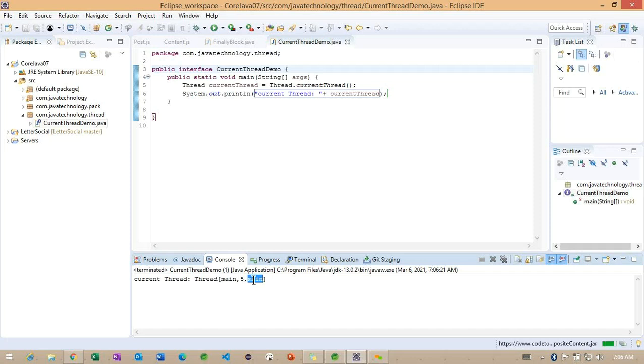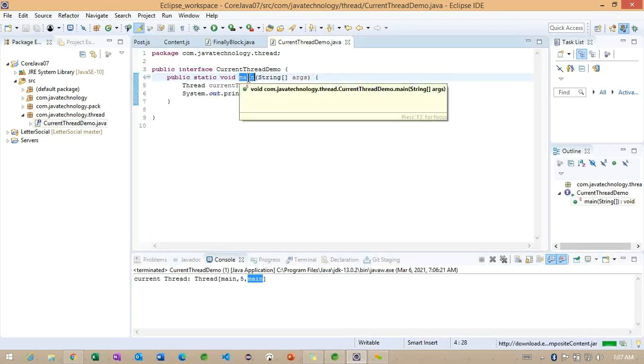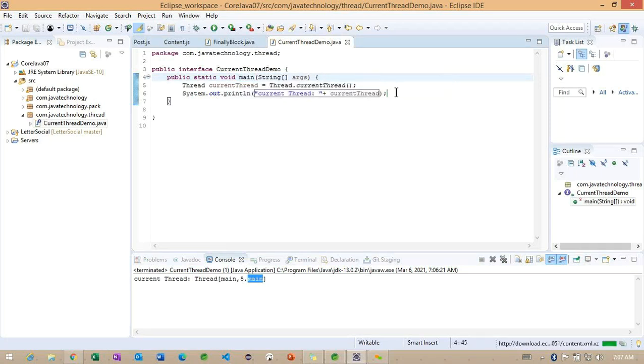The thread group can have more than one thread. Based on their priority, the threads are allowed to communicate. We'll see later what priorities are available. But observe, whenever we run a simple main method example, the main thread is enabled by default. This is the way we identify it.